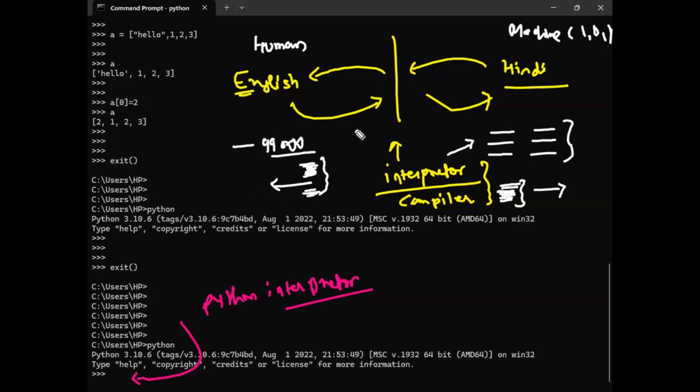Then if further lines also have issues, it will not execute even a single line of the script. But in the case of an interpreter, these 99,000 lines will get executed, and at the line where the error occurs, that line will throw the error. I hope you are able to understand. So Python is an interpreter. Okay.